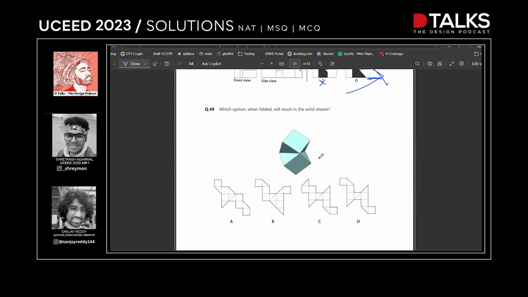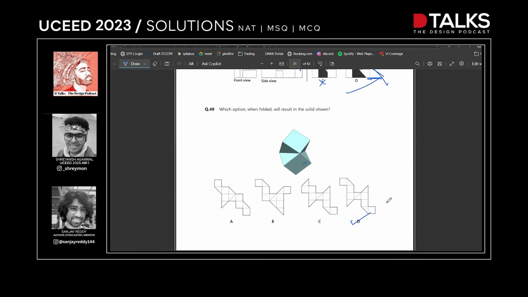49. Which option, when folded, will result in the solid shown? Right, so this is a pretty annoying question, I'd say. Time waste question. Yeah, it's time wasting. I don't know if there's a good way to solve this or not, but a fast way, like if you have to guess, an educated guess, it's a symmetrical figure, right? There's a high chance it's going to create a symmetrical net,